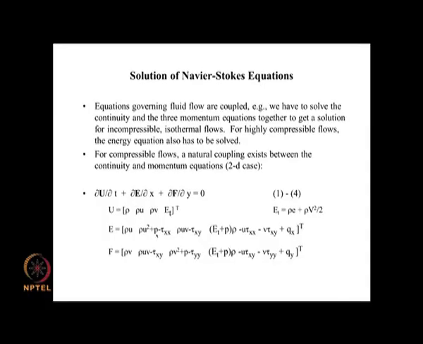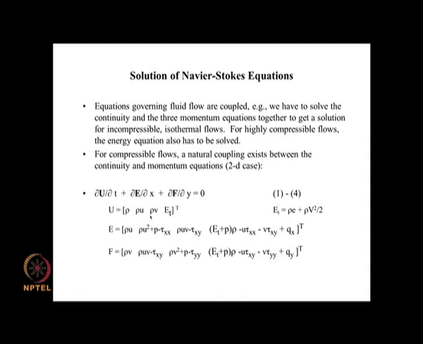So we are going to just rewrite it like this and say that this equation here in terms of the vectors U, E and F represents actually 4 equations, and the 4 equations in the case of 2D are the conservation of continuity equation, conservation of x momentum equation, conservation of y momentum equation, and conservation of total energy consisting of internal energy and kinetic energy. So this is the form of the equation that we would like to solve. These are the coupled equations that we are trying to solve.